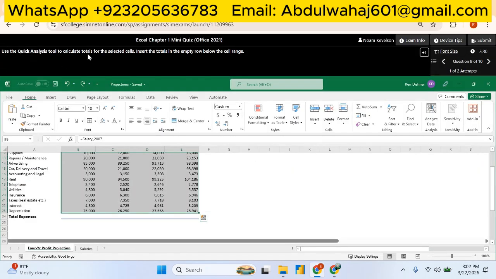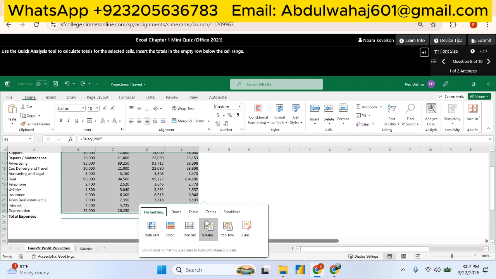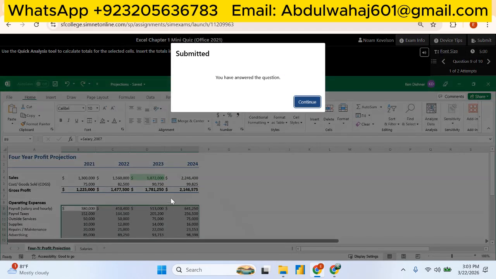Use the Quick Analysis tool to calculate the total of the selected cells. Insert the total in the empty row below the cell range. Okay. Totals. So next,